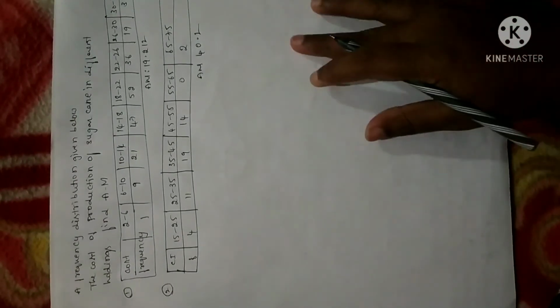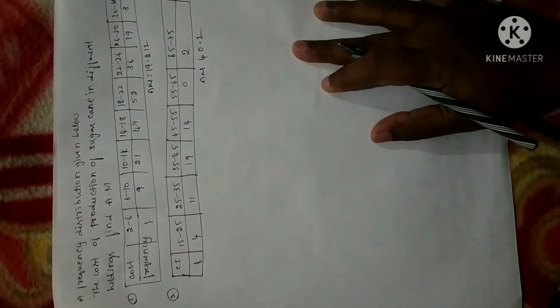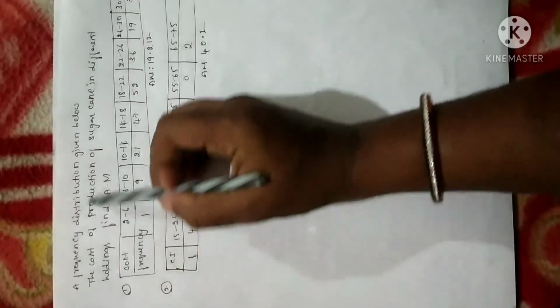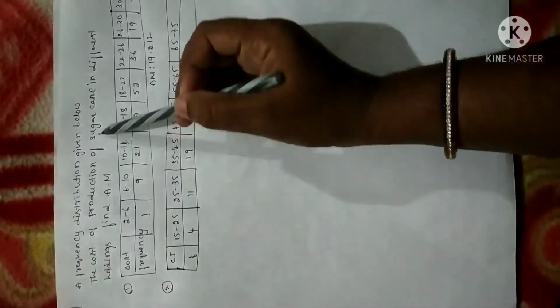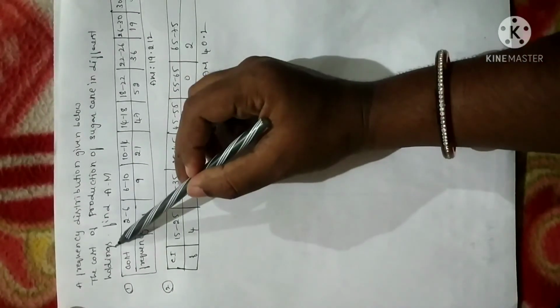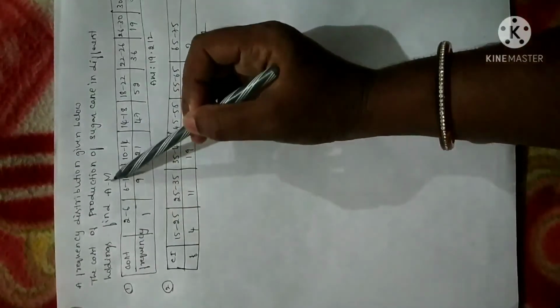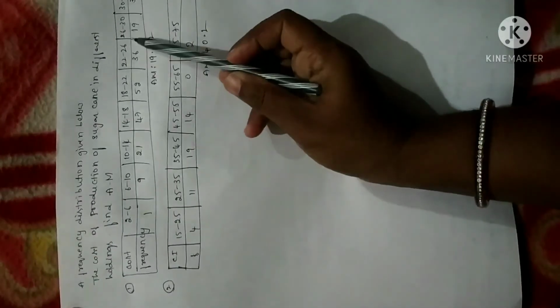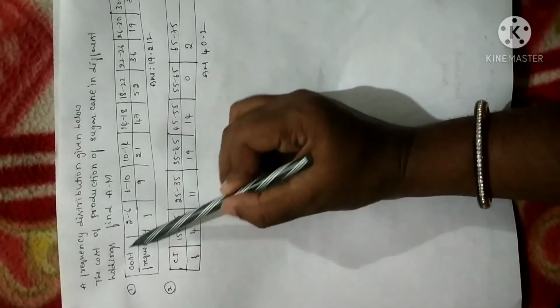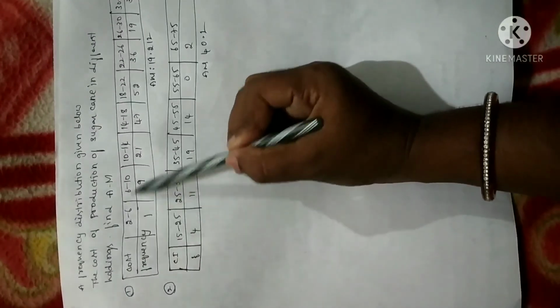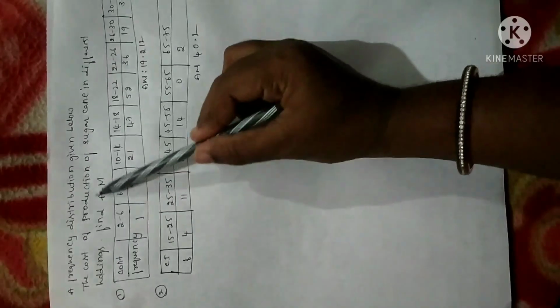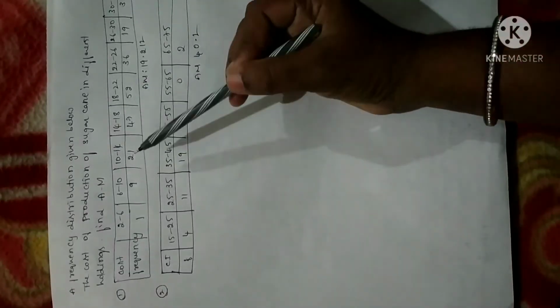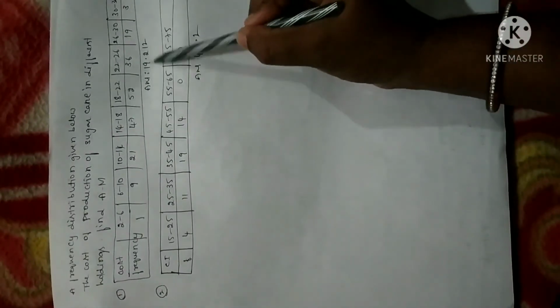And here is the homework problem, and you have to solve the same in your notes. The given problem is a frequency distribution given below. The cost of production of sugarcane in different holdings is given. Find AM, AM in the sense arithmetic mean. Anyhow, cost is given, so you have to consider this as the class interval. Whatever the quantity they give here, you have to consider it as the class interval. Second, frequency is given, and you can solve by using any of the methods. If you are finding it comfortable, you can do it in all the three methods. The answer should be 19.212. I have given the answer also, so you should solve this.